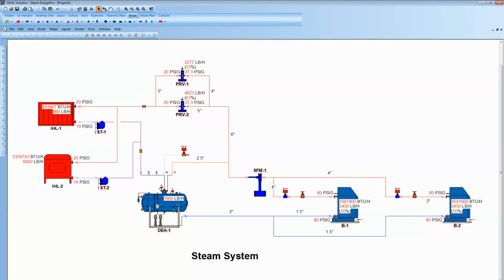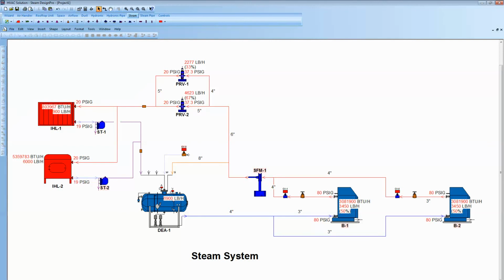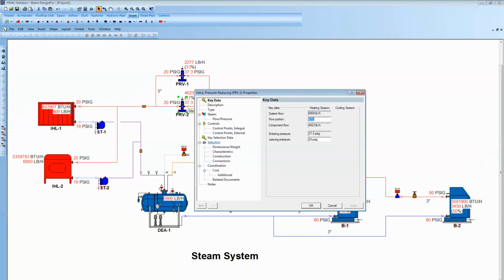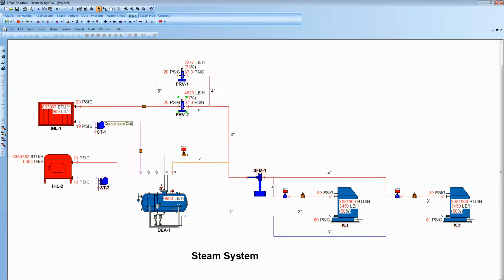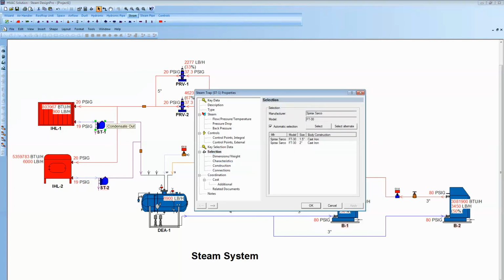The last thing we want to look at now is selecting Spirax-Sarco product. See this little pink shading under these components? If that pink shading goes away when I hit this thumbs up button, select equipment, that will mean it selected the product from Spirax-Sarco. You can see the pink shading went away on the PRVs and the traps, so I'll just click on that PRV, go in under selection, and we'll look at the PRV that will work in that application. I'll hit OK, come in this trap, click on it, go under selection, look at what is selected, an